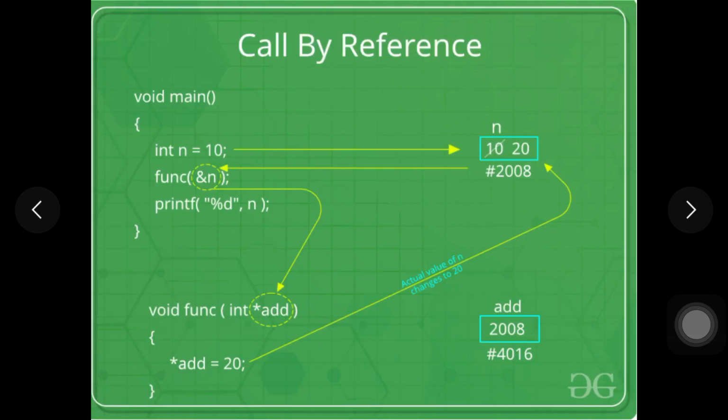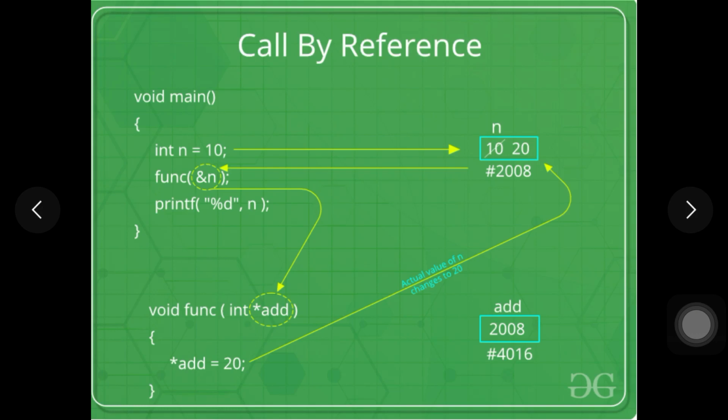Next we have the call by reference mechanism. Now what is this call by reference? In the previous mechanism we passed the value to the called function. Here the addresses of the variables are passed by the calling function to the called function. The address is used inside the function to access the actual arguments used in the call. We'll see what this is. You can see the example in the slide.